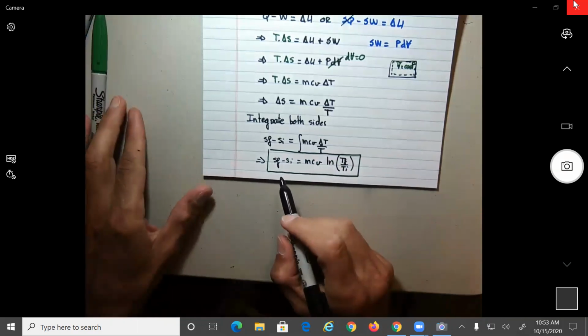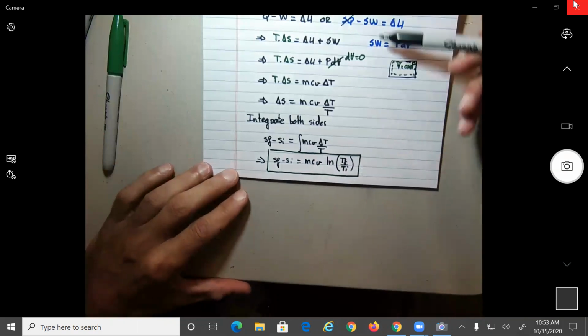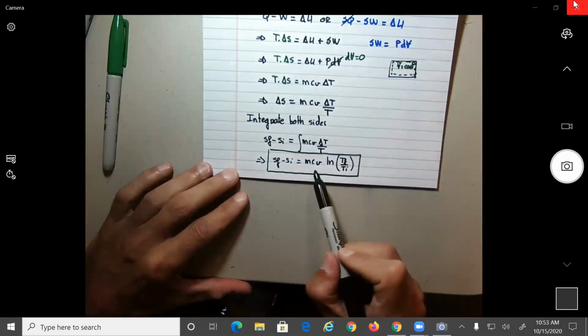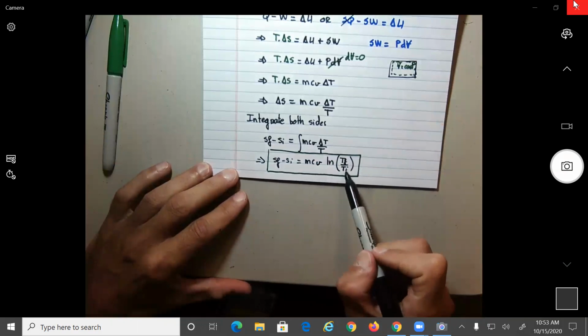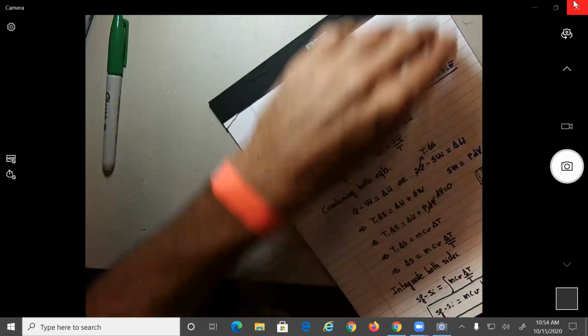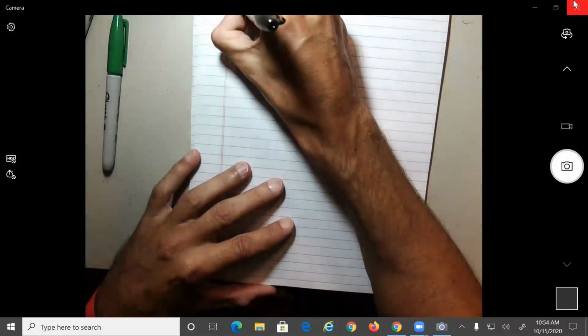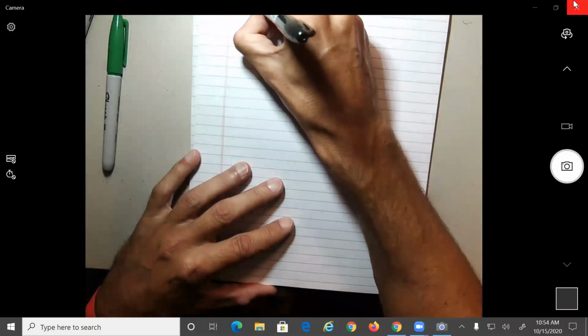So basically what it's saying, what do we derive here? The change of entropy is equal to mCV log of T final over T initial, no? Okay? So, let's finish this one. All right, so that means what? So using the previous relation,